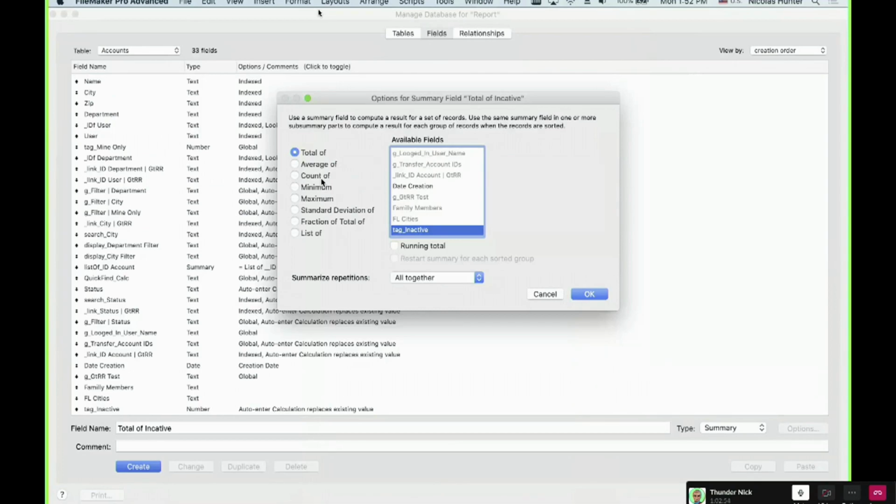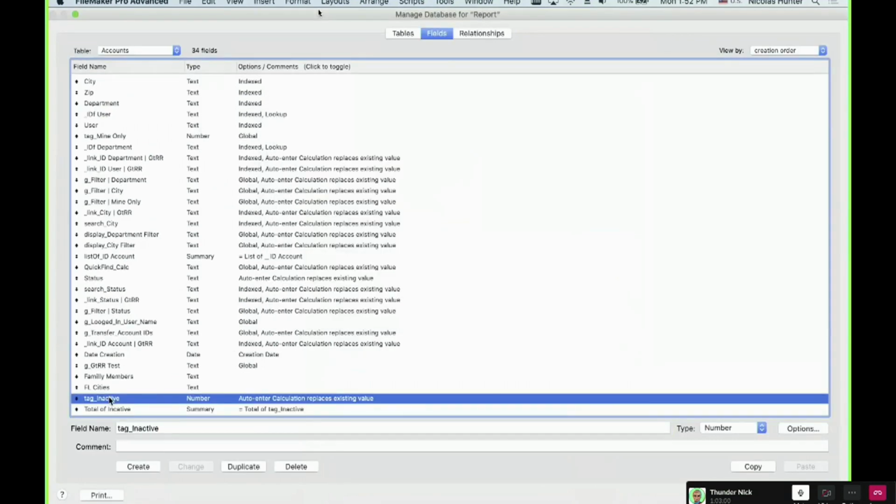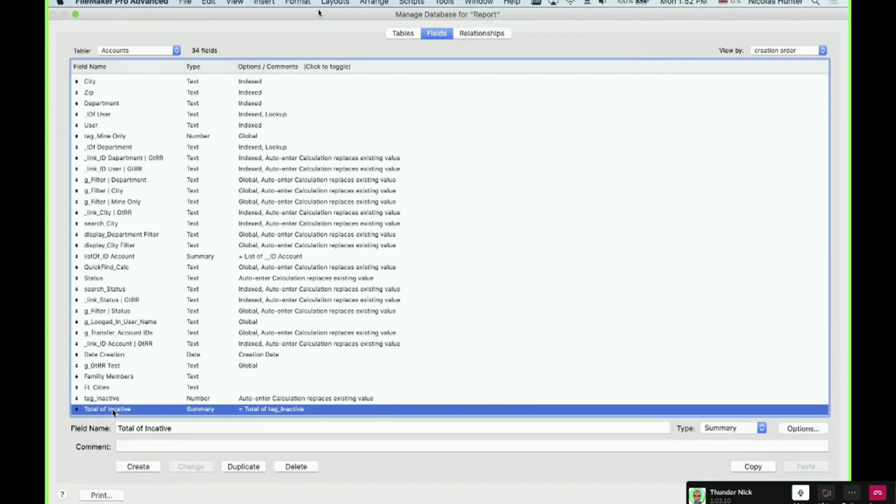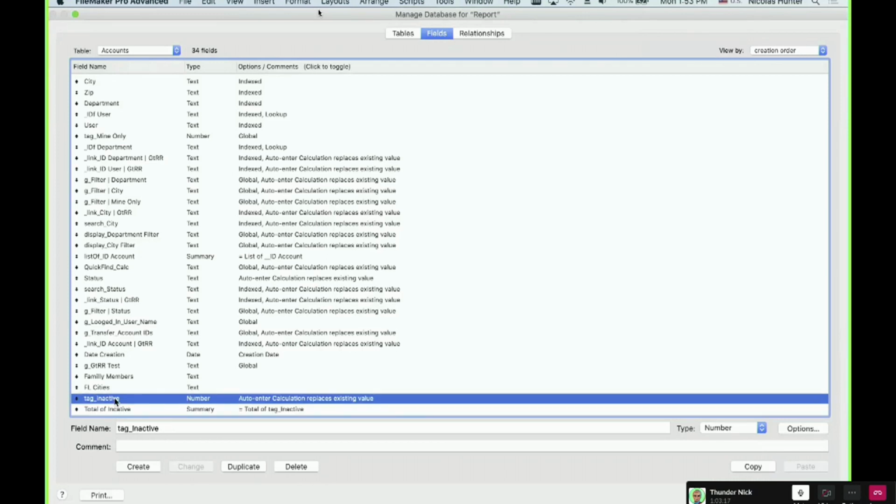I want to know how many records I have that are inactive. I have a tag that tells me which record is inactive or not. So the field will return 0, 1, 0, 1, 0, 1, and this one will give me the total of this. That means, let's say I have 10 records where I have 1 here. It will say 1 plus 1 plus 1 plus 1 plus 1. The total will be 10 times 1, that will be 10.